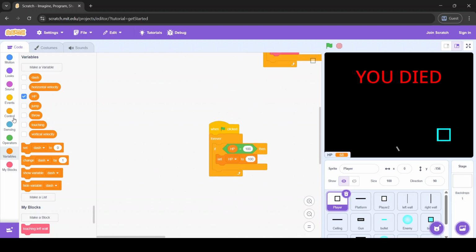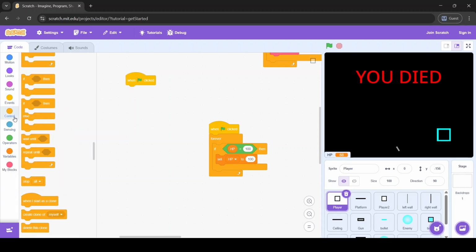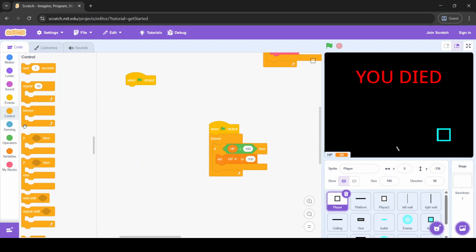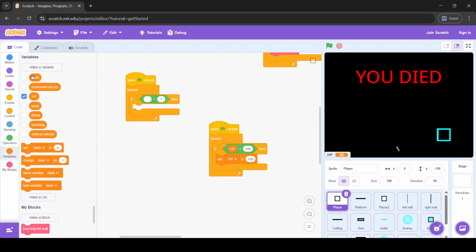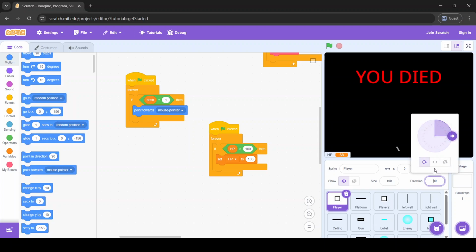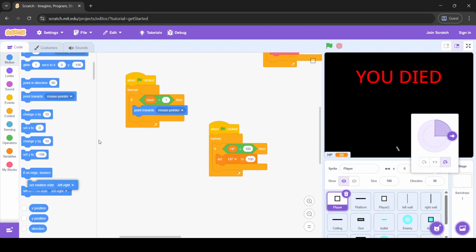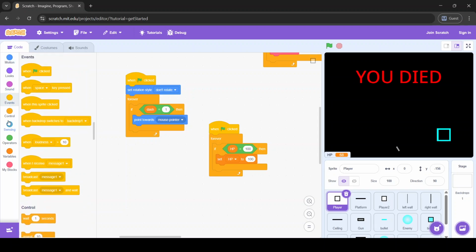Now for the player script, when dash equals 1, if I click forever, if dash equals 1, then you point towards the mouse pointer. You set this to no rotation. Set the rotation style, don't rotate. Point towards mouse pointer, then you